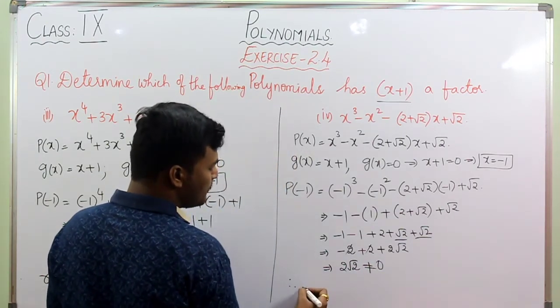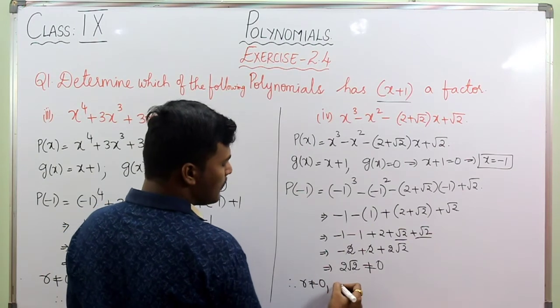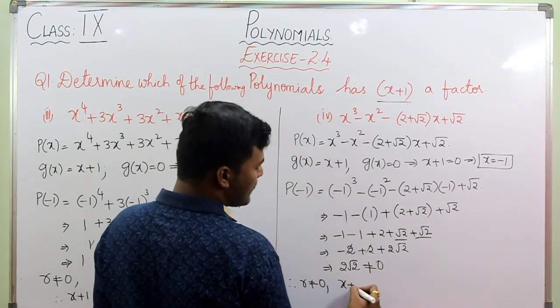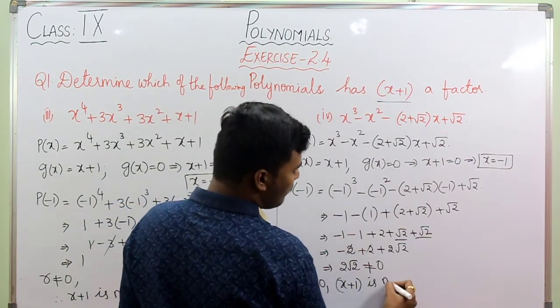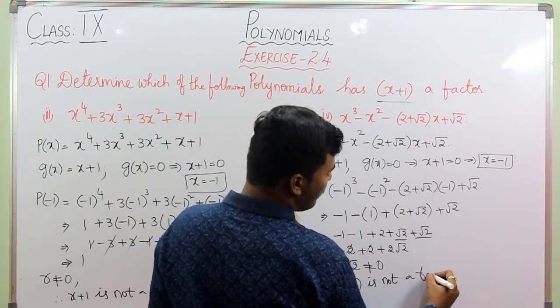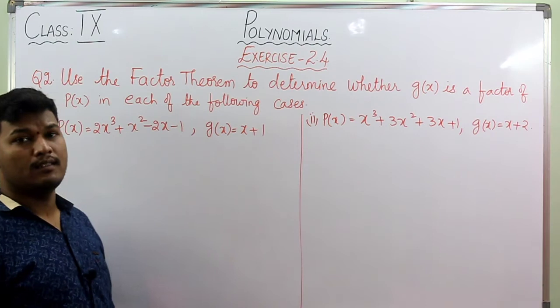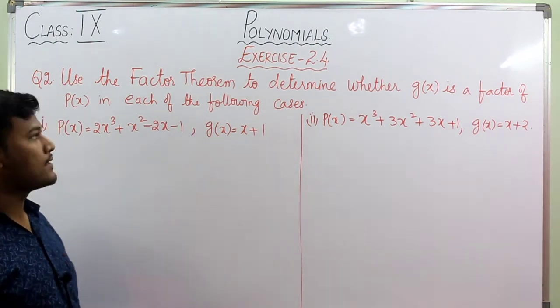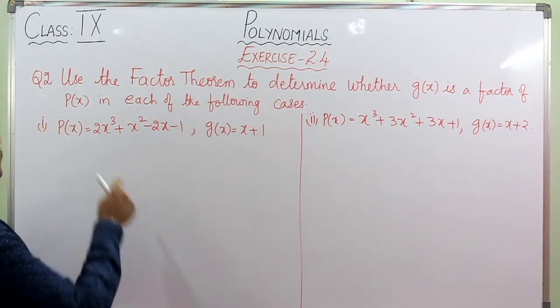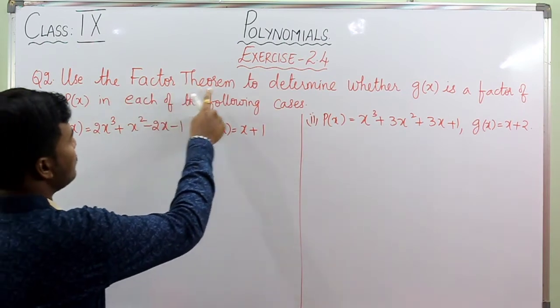So therefore r is not equal to 0. Hence we can write that x plus 1 is not a factor of p of x. Now let us discuss the second problem of exercise 2.4, that is, use the factor theorem to